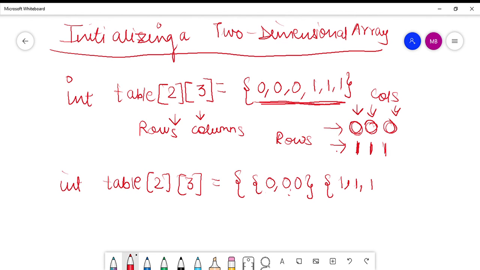So this becomes a little more organized and neat. So you know this is the first row and this is the second row, and these are the columns of the first row and the columns of the second row. So these are two different mechanisms by which you can initialize an array.